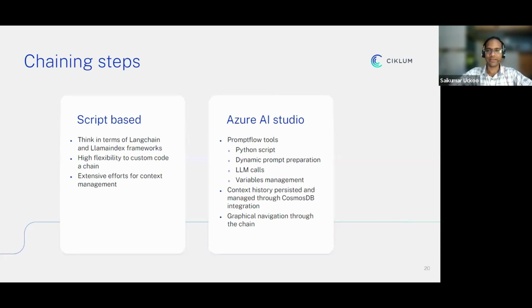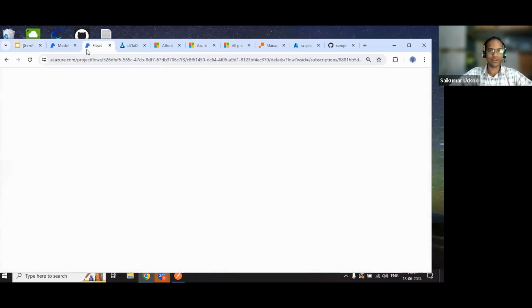Yeah. And at the same time, if you want to persist the context while you're running through this implementation, you also have a Cosmos DB integration where you can just enable it with a click of a button, and your context is being persisted on this particular database. And that way you can retrieve the context history and enhance your particular prompt while you're making these calls to your LLMs, right? And at the same time, you also have a graphical way of navigating through your prompt. We'll look through that briefly,